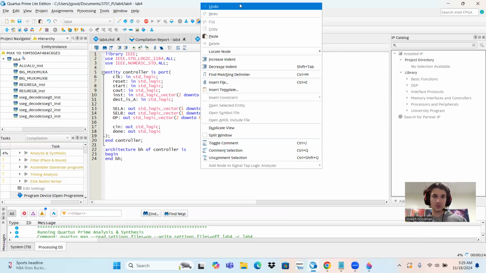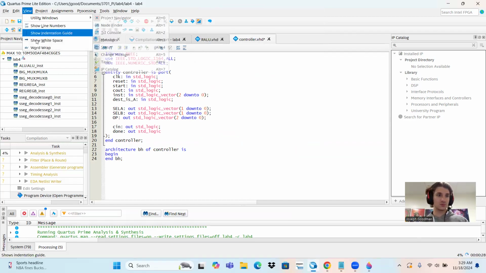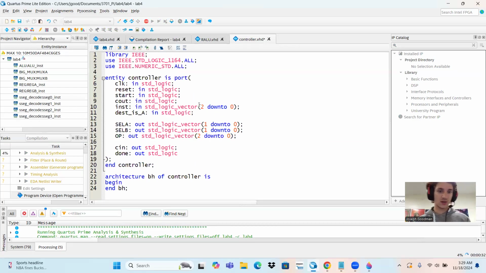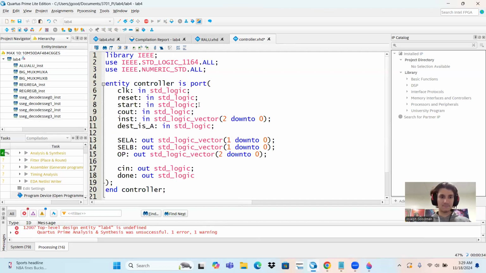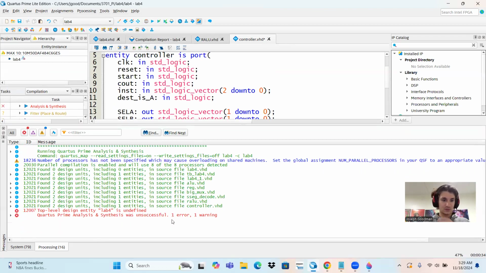No, what about like zoom view? Word, utility windows. There we go. Maybe that's a little better. Anyways,